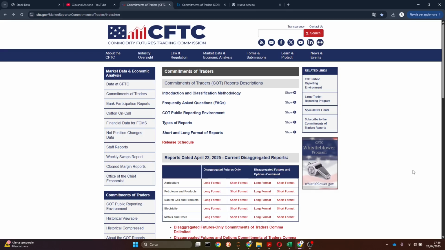I want to show you today how to read a very important tool for your trading, that is the Commitment of Traders, the COT. If you trade both short term or long term, in my opinion, this is one of the best tools to understand how the institutional traders are positioned on different financial securities, in particular on the financial and agricultural,